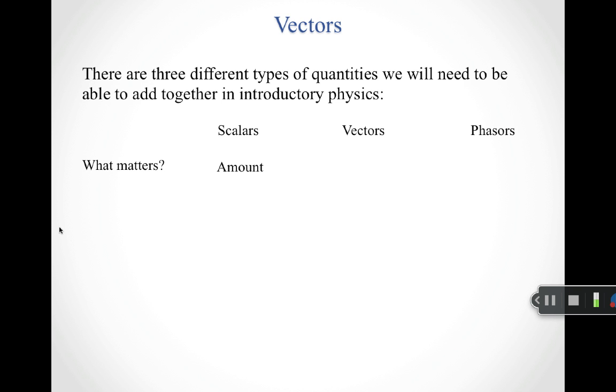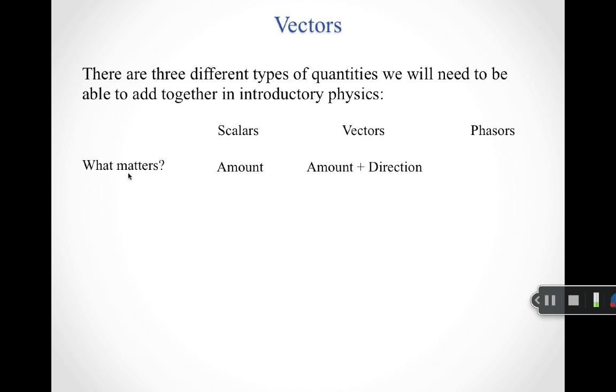So for scalars, the only thing that matters is the amount. Scalars are basically numbers. They can be positive, they can be negative, they can be zero, but they're just a number. Vectors, on the other hand, you care about the amount, which with a vector we'll tend to call the magnitude, and the direction. So the fact that you may have two vectors that are exactly the same magnitude, they have the same length, the same amount,